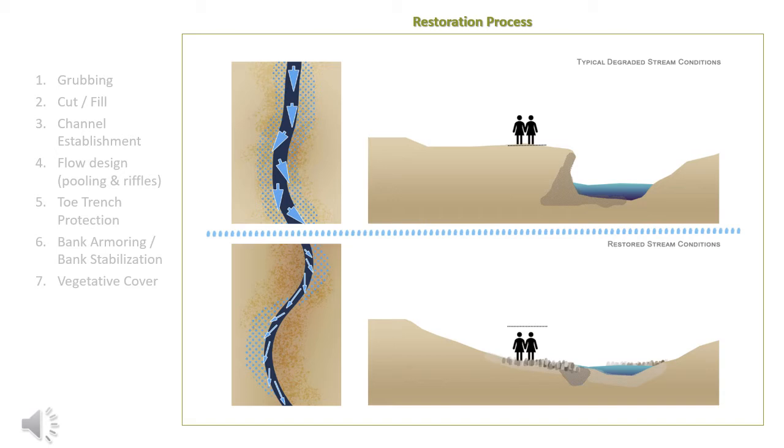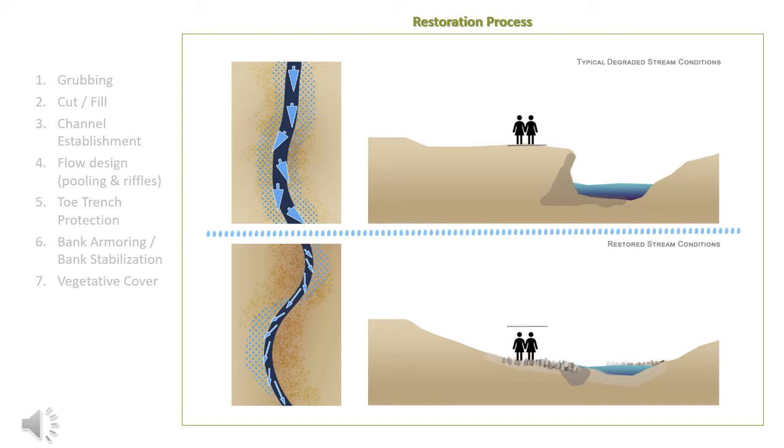Down at the bottom, what you're seeing is the restored stream condition that we're starting to look for. You're going to see that I left a dotted black line associated with the people, which are a scale element in these drawings. What that dotted black line shows is that sometimes the cut and fill can be very severe to actually get down to a base that we can compact and protect in the long term, right? I'm going to walk you through some of the details on this, but this is the basic picture we're up against. It's degraded channelized streams, trying to put them into a more natural condition